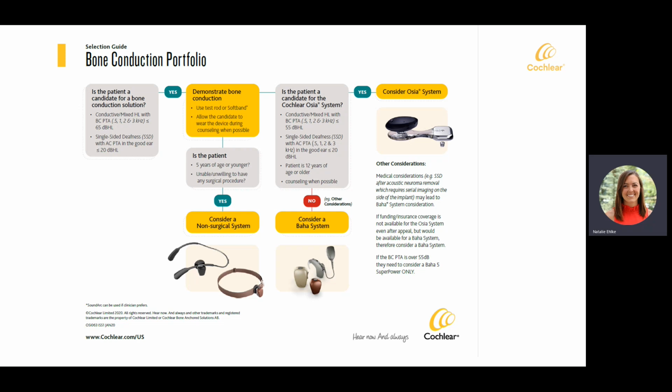So that would likely be a Baha system. So maybe, again, you have a patient with bone conduction thresholds in that 60, 65 dB range. So that would be outside of the indication for OSSEA. So you might consider a Baha superpower device on a Connect system. But if they do fit those OSSEA indications, then of course you're going to be thinking about OSSEA as an